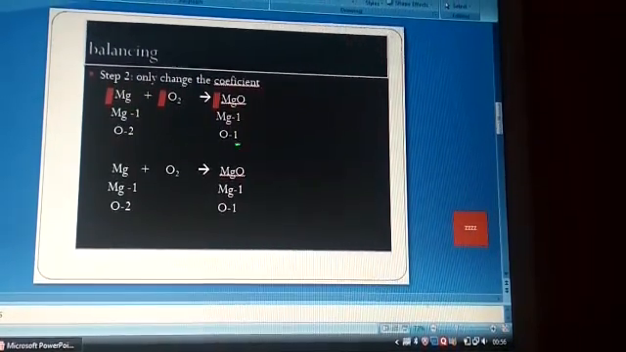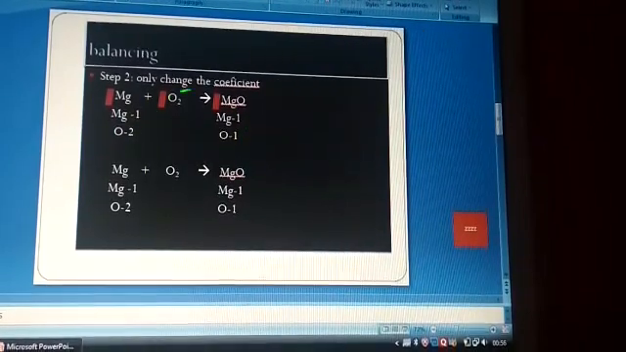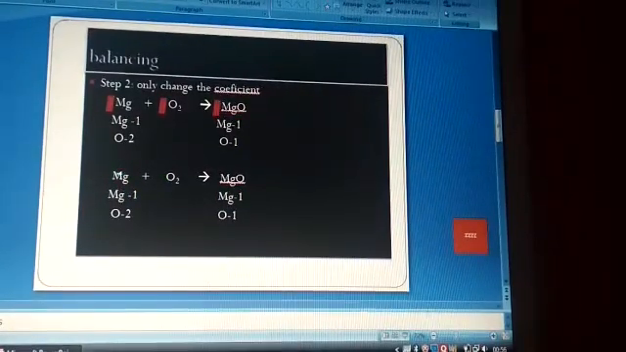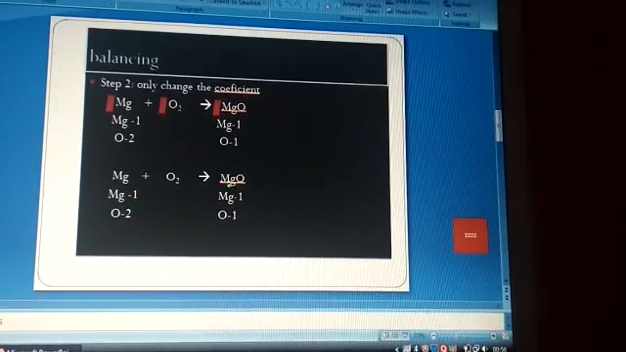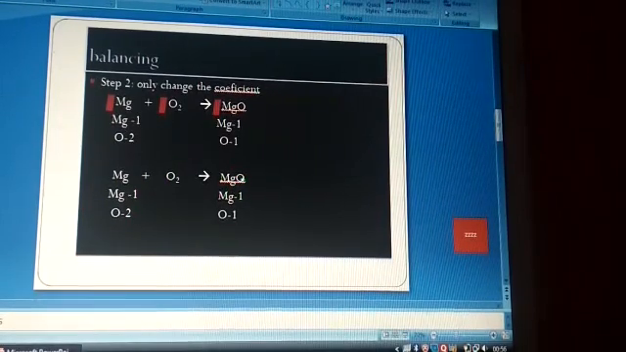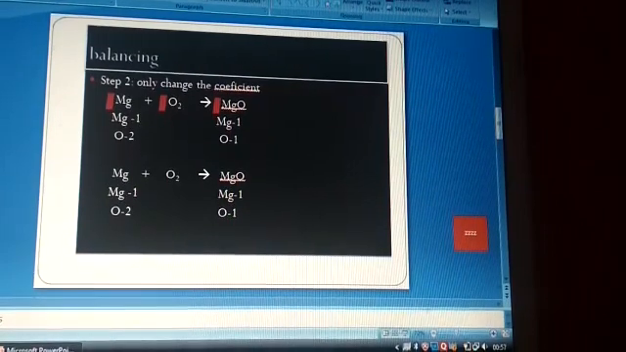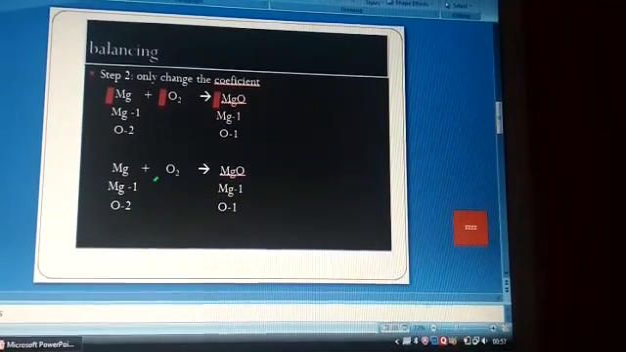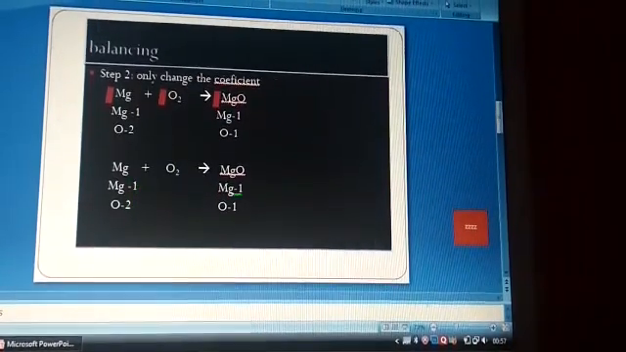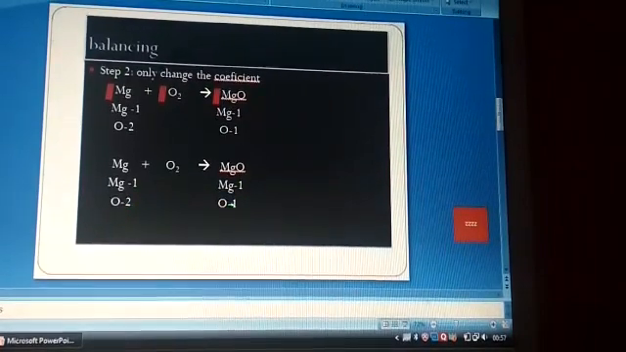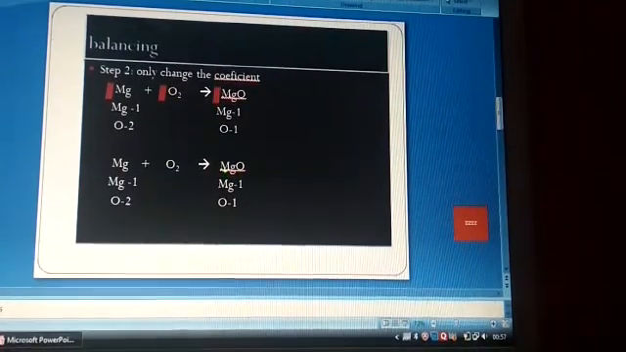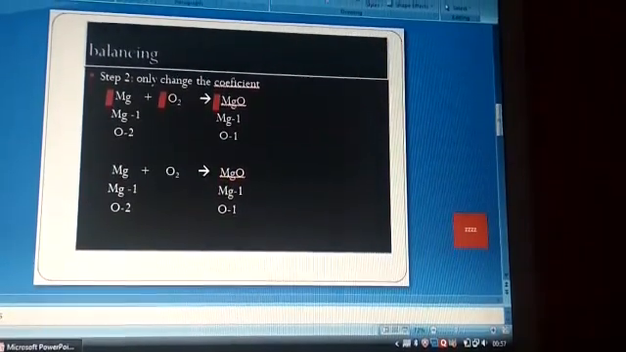So here we counted the numbers on the reactant and product side. Now we are going to change the coefficients. Mg has one atom, oxygen has two, and on the product side Mg has one, whereas oxygen has one. So to change the number of atoms, magnesium is balanced here, so we have to balance oxygen. Here it is 2, so to balance oxygen on the product side we will change the number